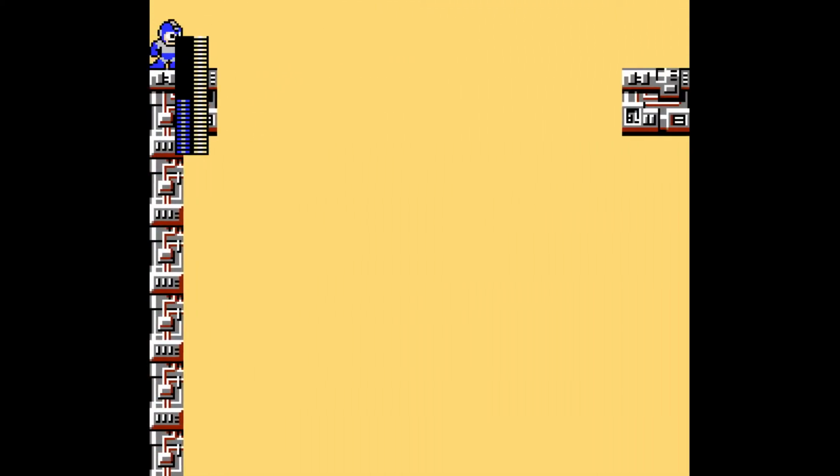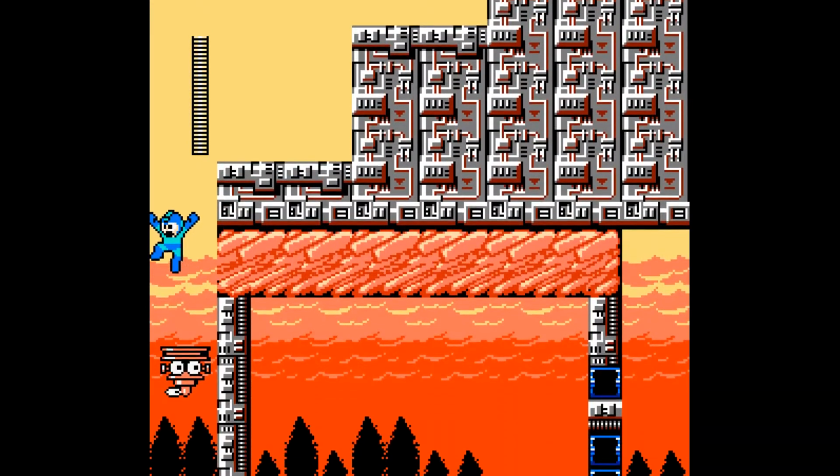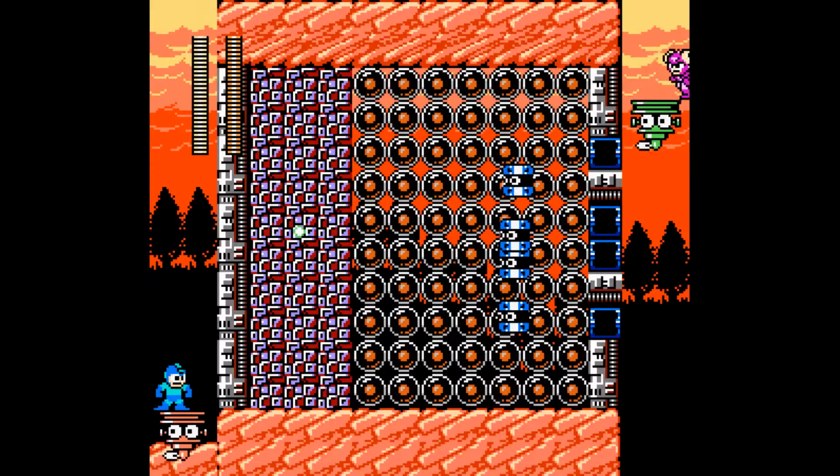At the very least, there's enough weapon energy in order to make this jump. And there are no invisible ceilings either. Let's see where this takes us to. Oh neat, now we have a similar boss room to Sparkman in Spring Fortress, but it's a lot harder here